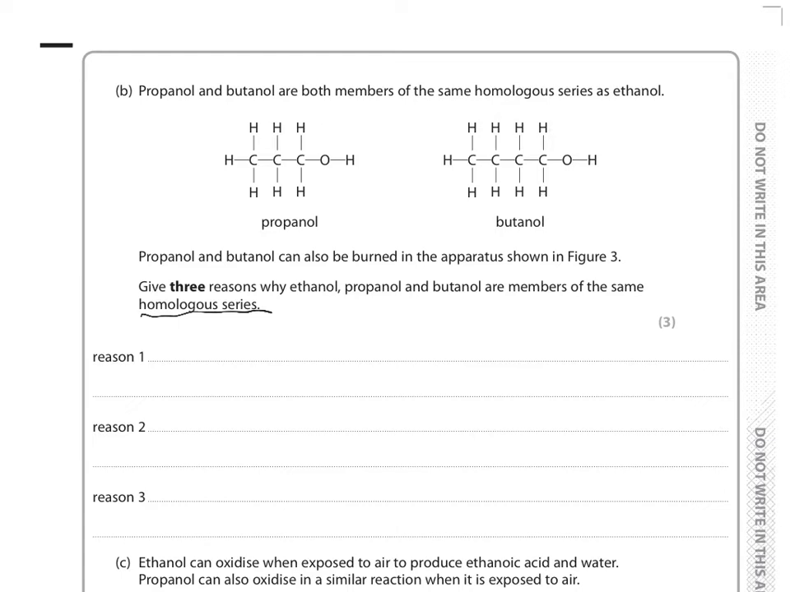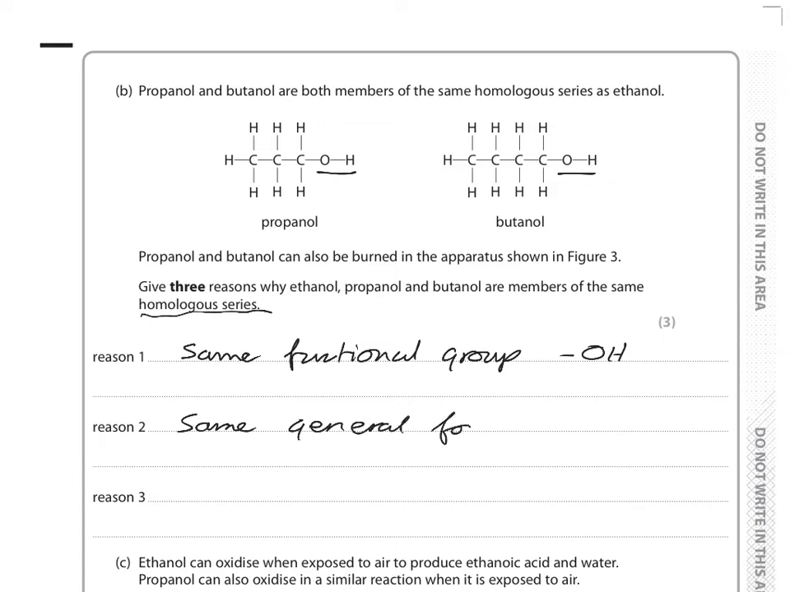I'm going to give the 3 that I think are the simplest ones. They have the same functional group. In this case, the functional group is an OH. So they're all alcohols, and alcohols contain an OH group, and all alcohols will contain the same functional group. They have the same general formula, and you will have learnt CnH2n plus 2 for alkanes,